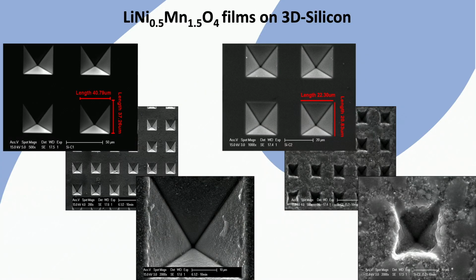This lithium nickel manganese oxide has also been deposited as thin film on silicon wafers. These wafers are treated with an acid to create pyramid-like holes with specific depth. Here too we can observe nicely the coating, also the holes. Besides, we can see that the thicker layers may result in deviation of the layer thickness at the edges of the hole and in the hole itself.